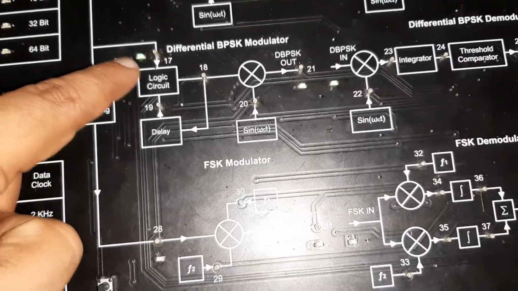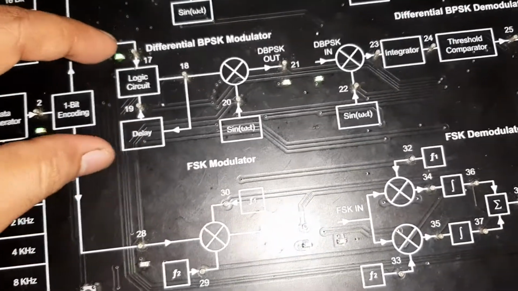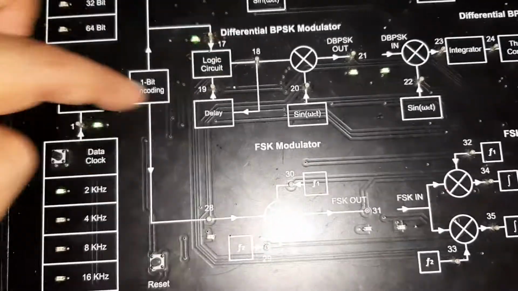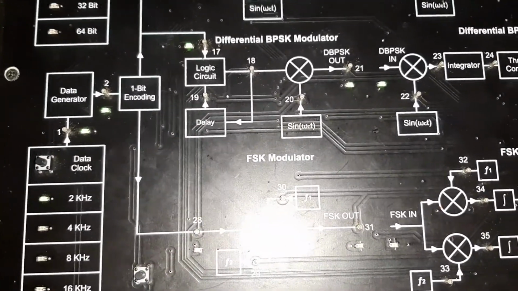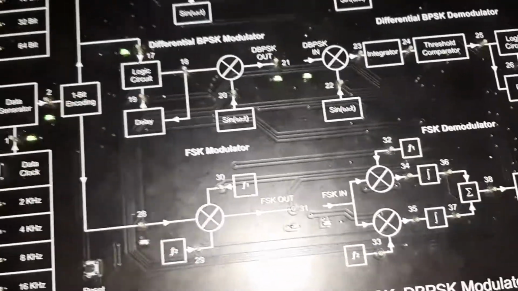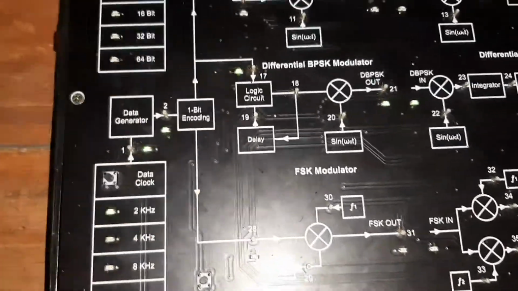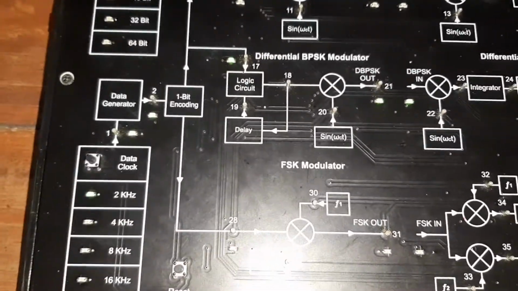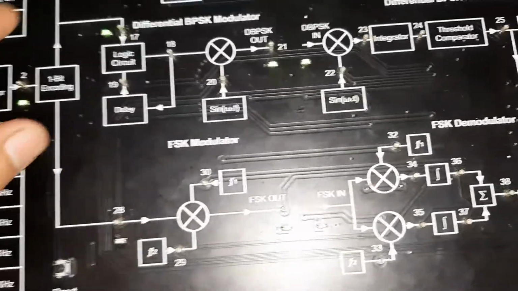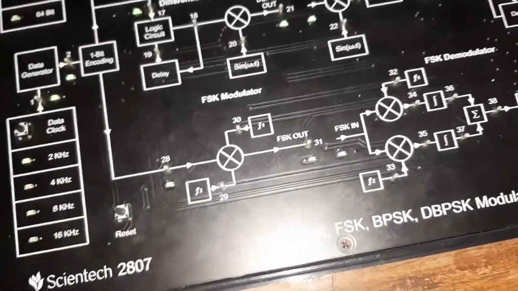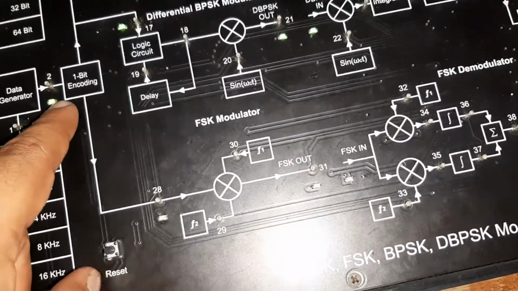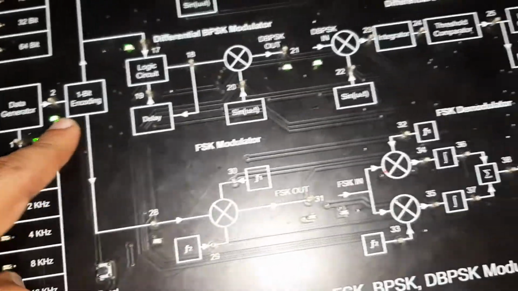Then it will be given to the differential circuit. The differential circuit is the combination of a logic circuit as well as a delay. This logic circuit is the combination of an XOR gate as well as the delay. As previously told, the 1-bit encoding gives the non-return zero bipolar signal.